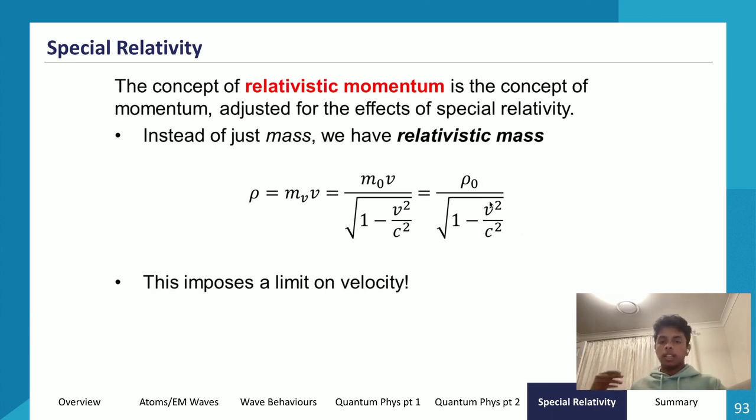And momentum has a relationship with energy, right? So to achieve a greater momentum, we need to supply greater energy, and so we need to supply basically infinite energy for infinite momentum. So the closer we get to the speed of light, the greater the amount of energy that we need to supply, and it asymptotes at infinity. And because we need to supply infinite energy for something to reach the speed of light, we have a cap on how fast we can go, basically. And so it also violates the law of conservation of energy, because we can't supply infinite energy to a substance. So we have a hard set limit on how fast something can go, which is at the speed of light.